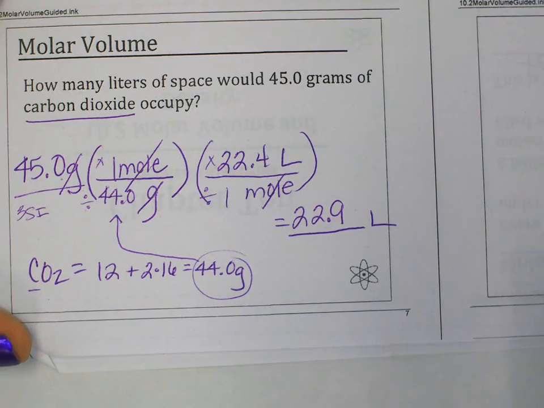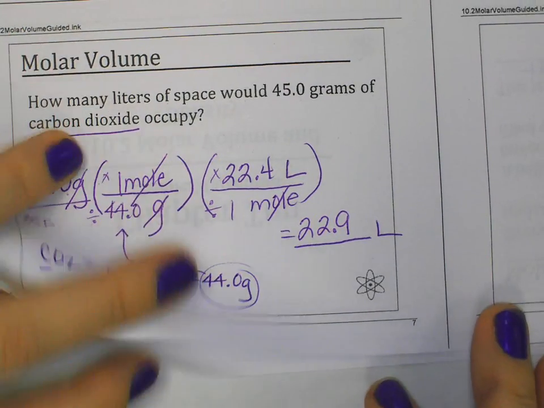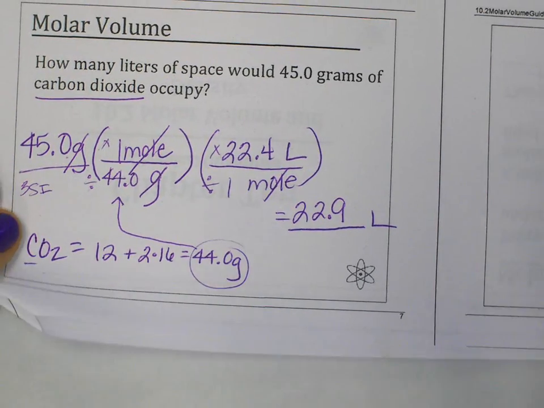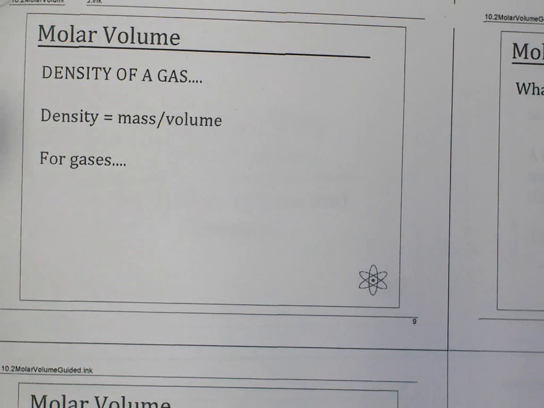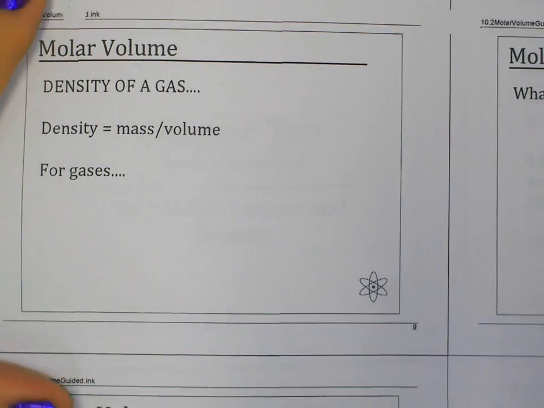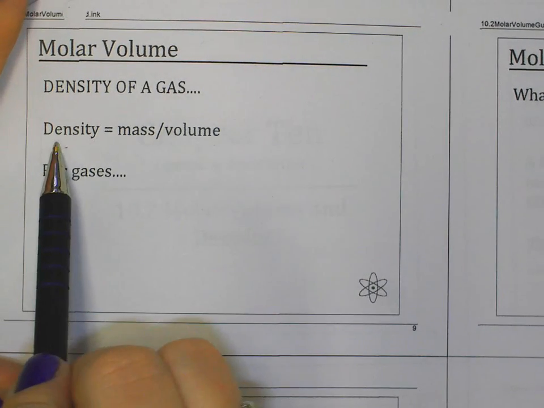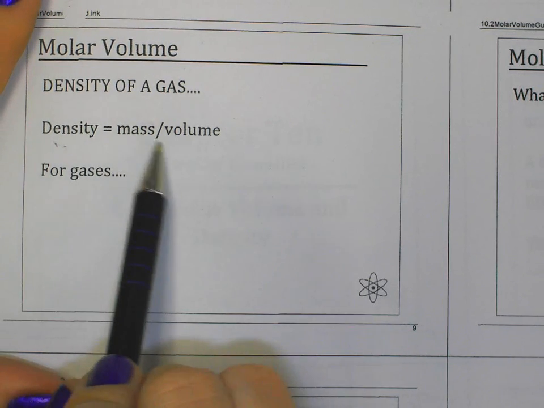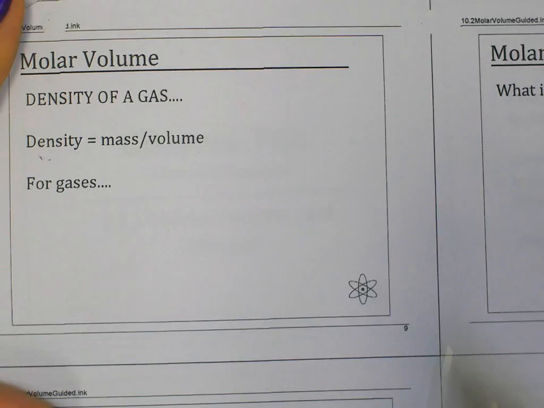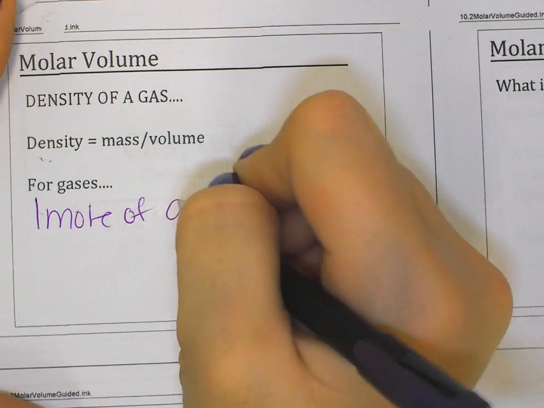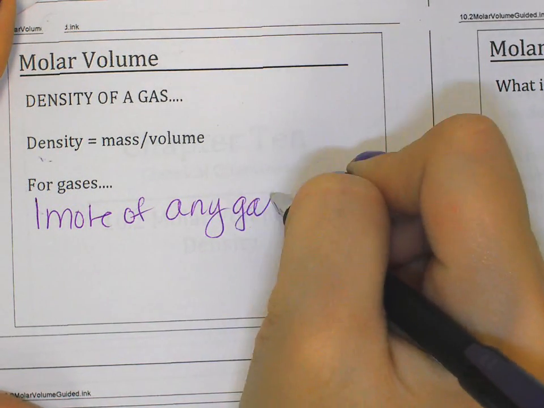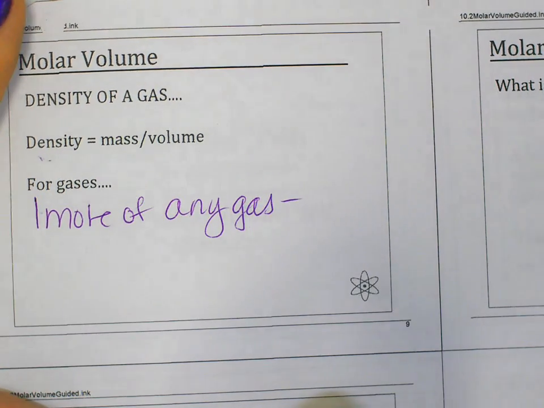The next thing that we have to talk about is density. And again, you can pause or go back at any point here. But we do have to bring up density. See, density of gas is unique because I don't need to know the mass or the volume, even though the formula calls for mass divided by volume. I know if I have 1 mole of any gas,